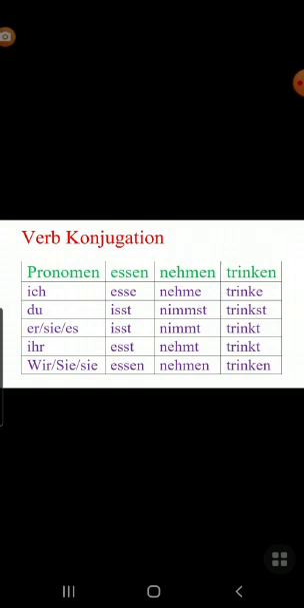For both of them, we have the same conjugation of the verb. So ich esse means I eat, I am eating. Du isst means you eat or you are eating. Isst means he, she, it eats or he, she, it is eating. Ihr means you both or you all. So ihr isst will mean,